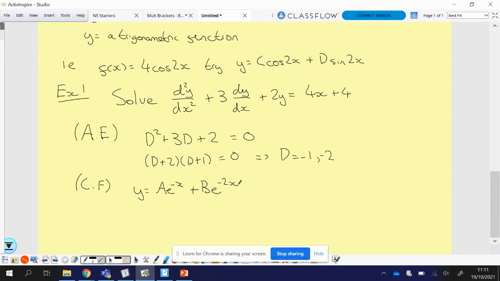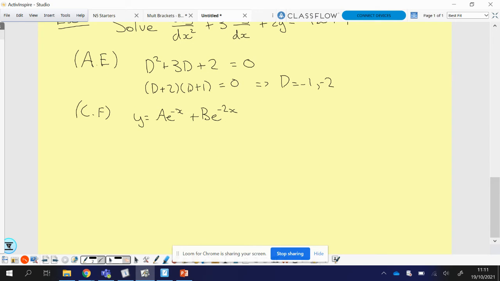Okay, same steps that I've applied. I've done the first bit, I've done the left hand side. Okay, I now have to deal with my right hand side here. For the right hand side, which is 4x plus 4, what we're going to do is we're going to guess